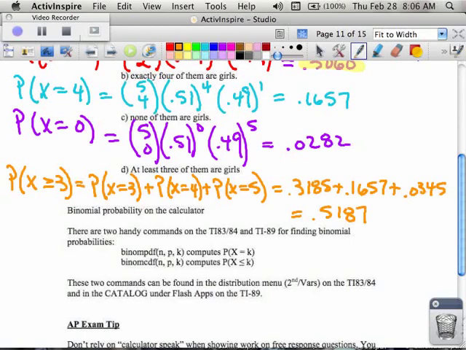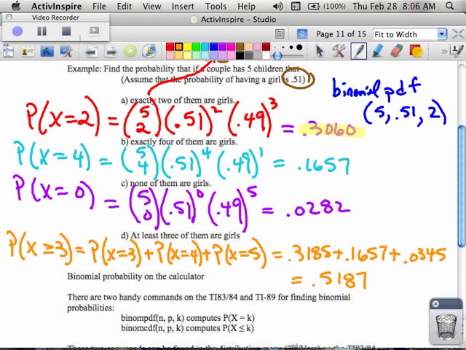But I want to show you something. Up here in our calculator language, we talked about when you have the probability of something being exactly 2, that your binomial PDF will tell you what it means to be exactly that number. You remember how in our tables and our staple packets, when we're looking at z-scores, that in that table it tells you the proportion that's less than or equal to that value in our distribution? There is a command in your calculator that